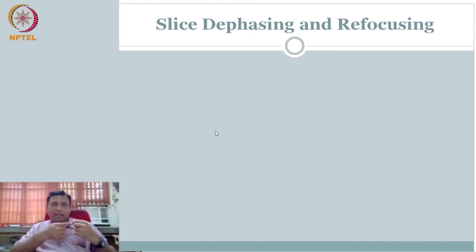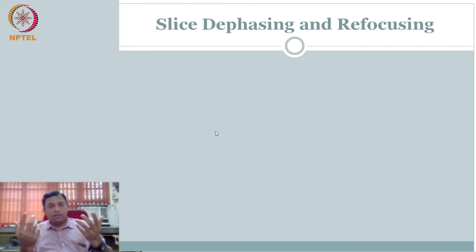I have slightly less magnetic field in one direction, on one end, and slightly more magnetic field strength on the other end, because there is a gradient. So what is going to happen? That means the precession is going to be at a certain level. One end will have lower precession, the other end will be faster. So here it is going to spin slightly slow compared to the center, and that one is going to precess slightly faster compared to the center, and therefore there is also going to be some phase shift, right?